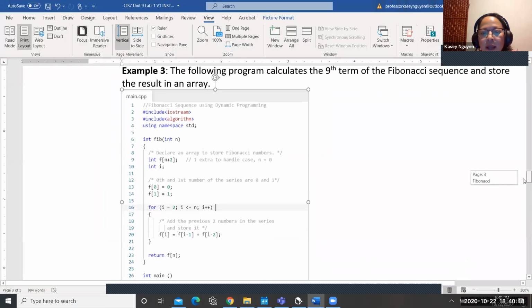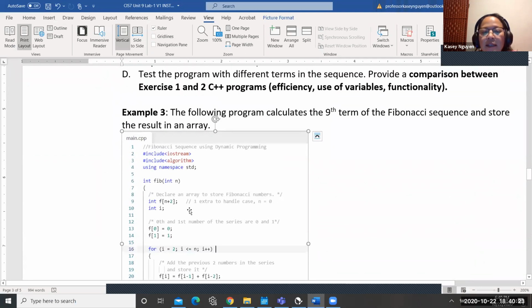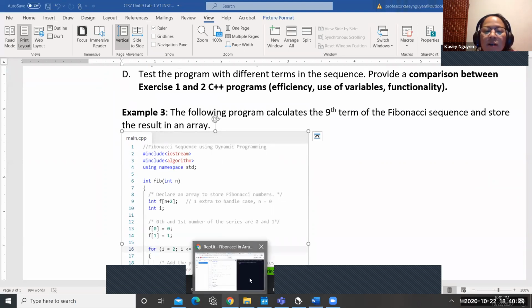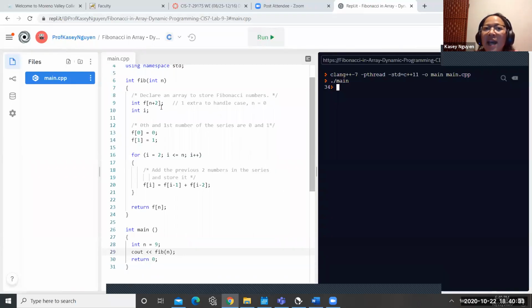So in this one, we're using an array. And unlike some of the traditional programs that use an array where you have to tell it how many elements, the length of the array is going to be determined by n. And here we're using dynamic.